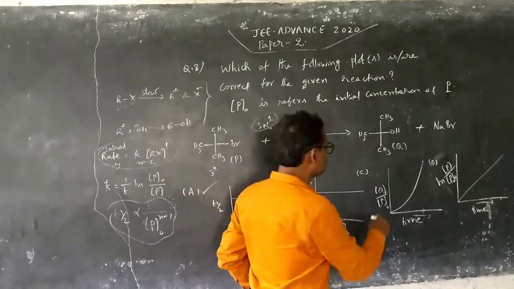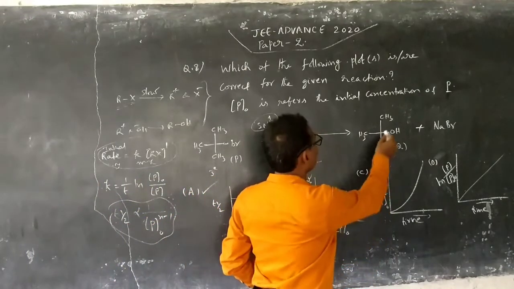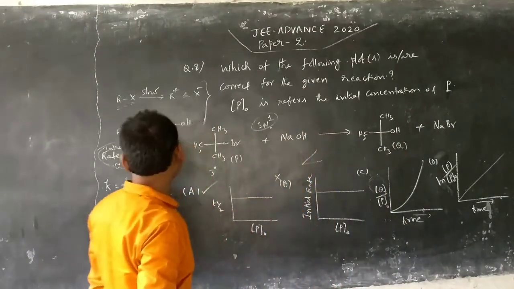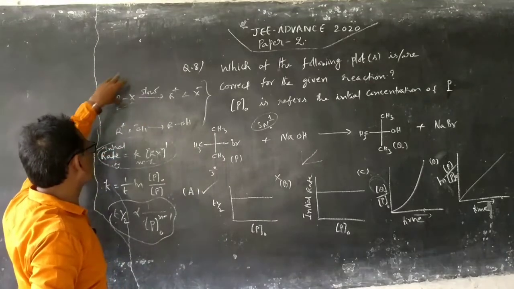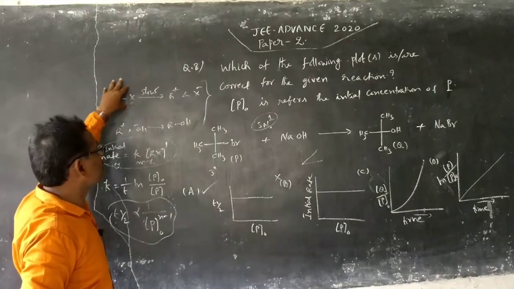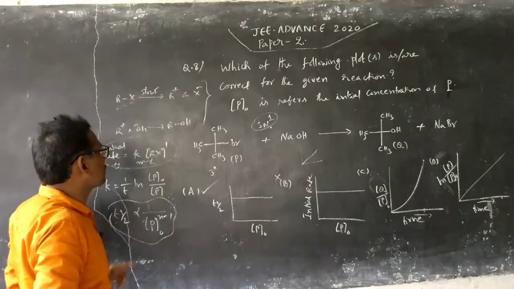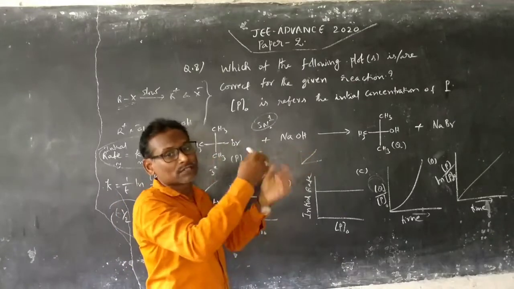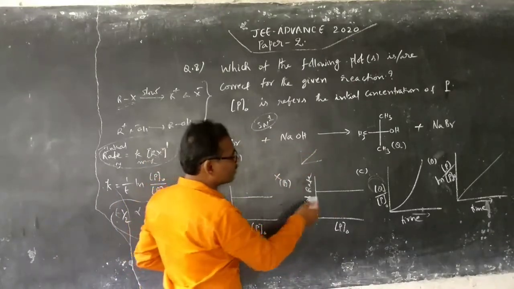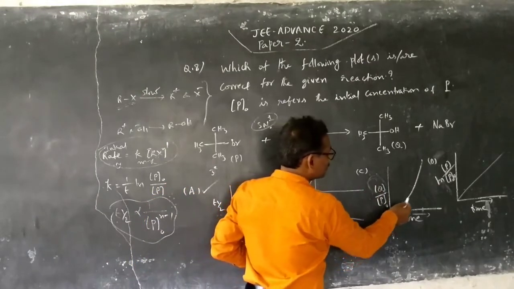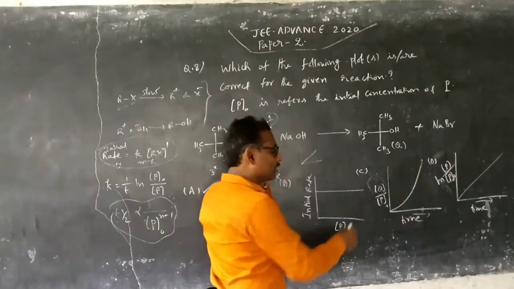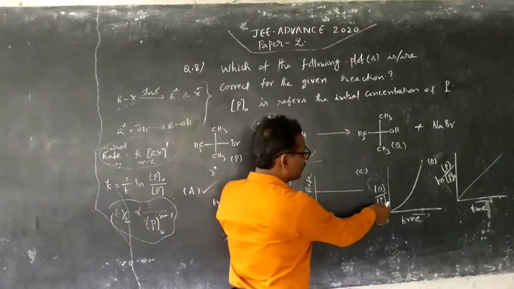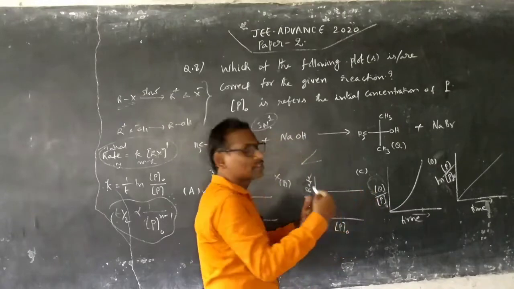Okay, now the next one is the concentration of the product Q. What about the concentration of Q with respect to time? Normally in a reaction, the reactant concentration decreases and the product concentration increases. The reactant concentration decreases with respect to time and the product Q increases with respect to time, no doubt in that. As the numerator has Q, it increases with time. And P naught, the initial concentration taken, is a fixed value, but this value gradually increases with respect to time.